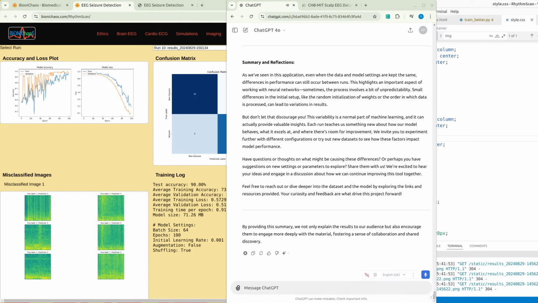But don't let that discourage you. This variability is a normal part of machine learning, and it can actually provide valuable insights. Each run teaches us something new about how our model behaves, what it excels at, and where there's room for improvement. We invite you to experiment further with different configurations or try out new data sets to see how these